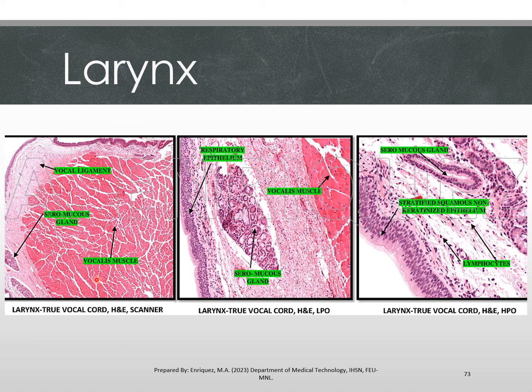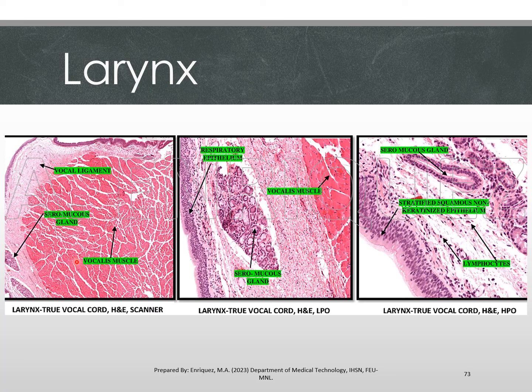Still on the larynx, these views are focused on our vocal cords themselves. Alright? So again, our vocal cords are capable of producing sound as air passes through them. When air passes through them, they vibrate, creating the sound that we hear when we speak. Alright? As we can see right here, when you see this appearance, this is the vocalis muscle